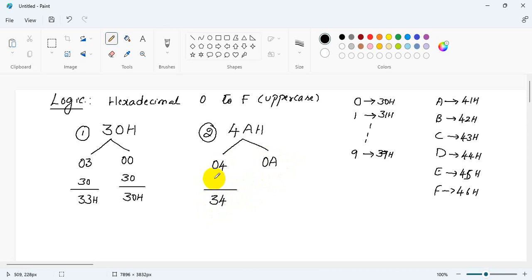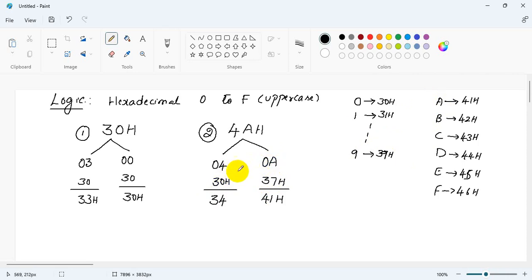So what should I add now here? I should add 30H, right? But when I get a digit greater than 9, that is any digit between A to F, in that case I need to add 37H, right? So 37H plus A will become 41H, which is the ASCII code of capital A,